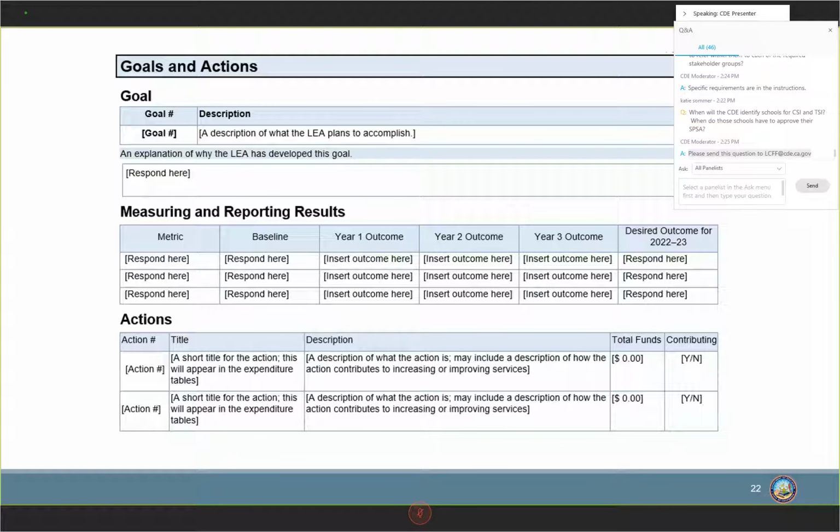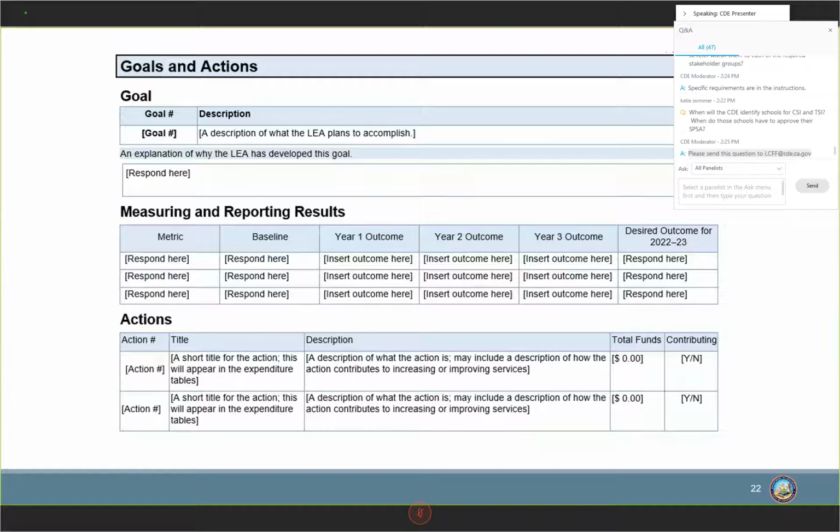Looking at the measuring and reporting results, on the left you have your metrics, then you put your baseline. The baseline is based on the most currently available data. And then all the way over to the right, where you want to be in 3 years, is your desired outcome for 2022-23.